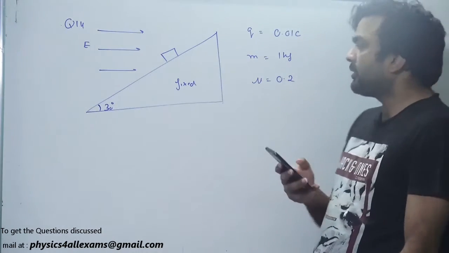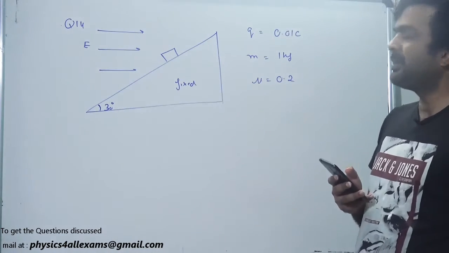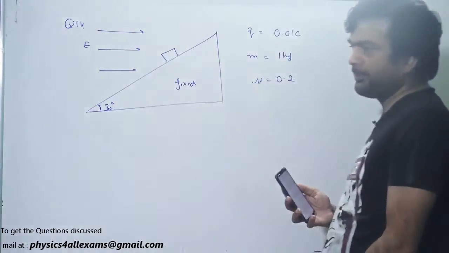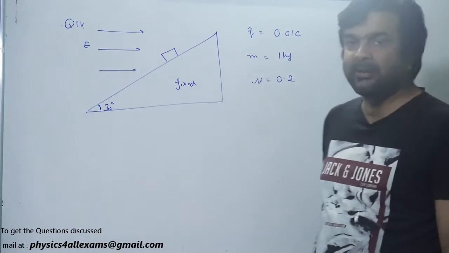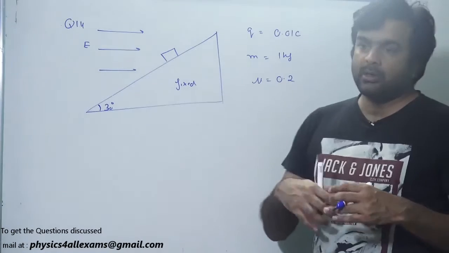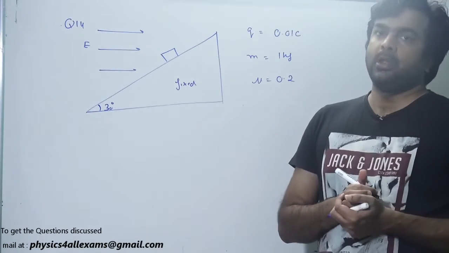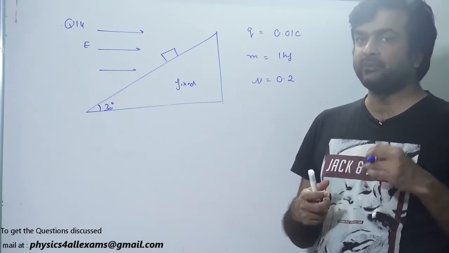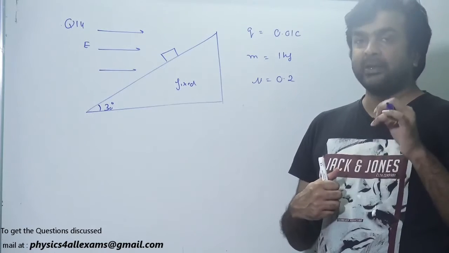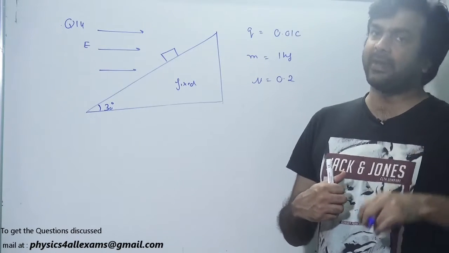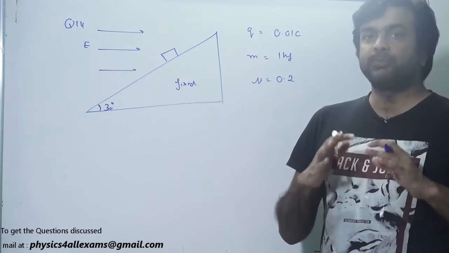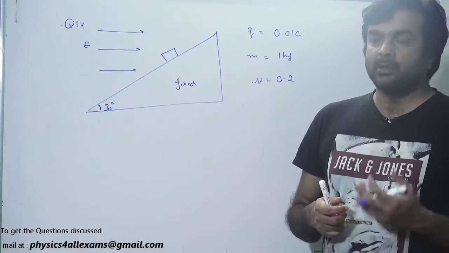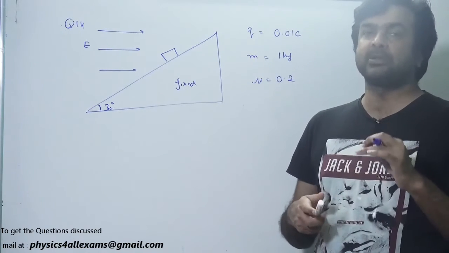So these are the information given, and it is asked to find the time the block will take to reach from top to bottom sliding along the inclined plane. Okay, so in this problem time is asked. Whenever in a problem time is asked, our approach will be the force approach. So first we have to find the forces, and then we have to find the acceleration. From the acceleration we can find the time. We cannot solve this problem by the energy approach. So whenever time is asked, we must apply the force approach.